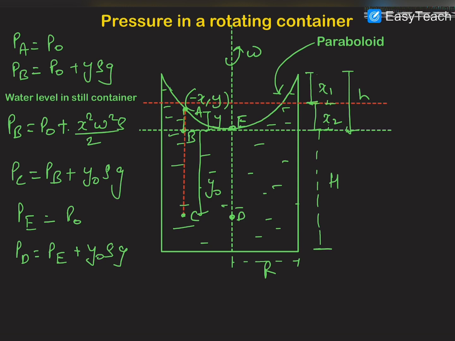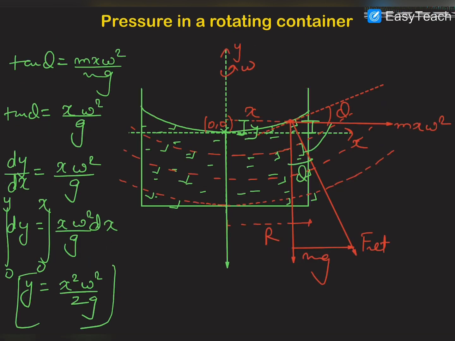Now, let us first of all write down the value of P, which is P naught plus y naught rho g. Now if you are wondering that according to Pascal's law the pressure at C and D should be equal, this is absolutely incorrect. Pressure at C and D will not be equal, because C and D are not lying on